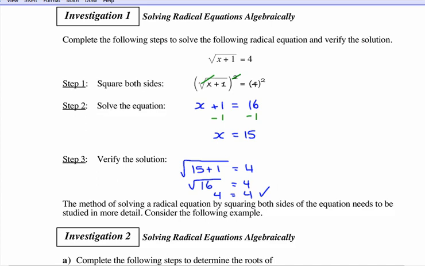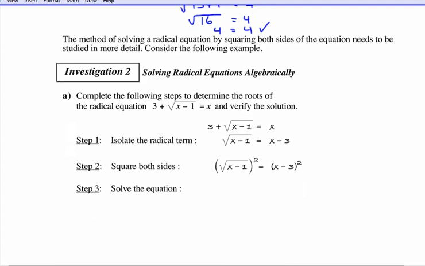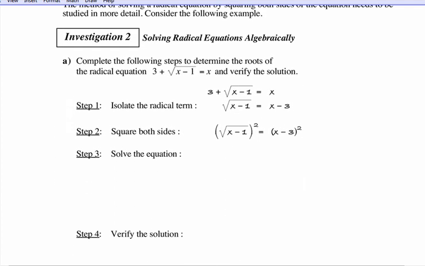Okay, so let's try another one. In this example, the square root's not all by itself. So the first thing we want to do is isolate the radical. So we subtract 3 from both sides. Now the radical is by itself. After the radical is by itself, we're going to square both sides. The square cancels the square root out. And so that's going to give me x minus 1 equals